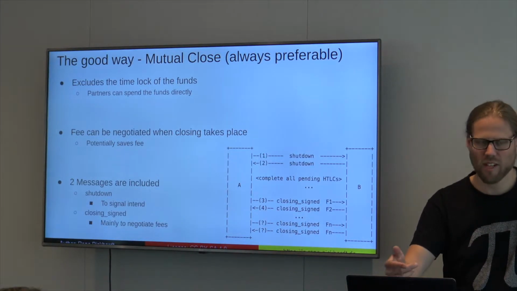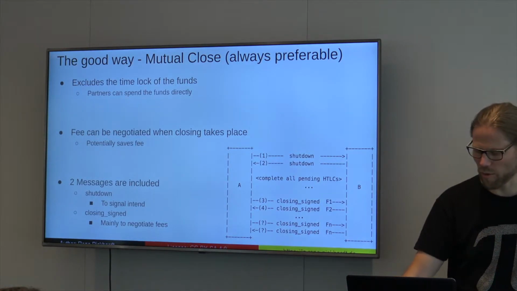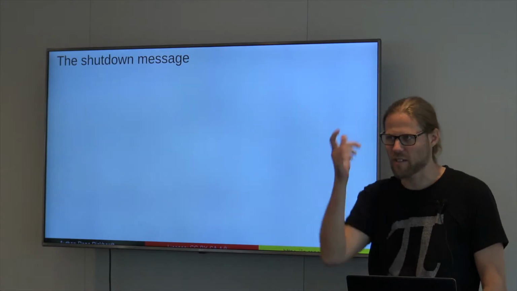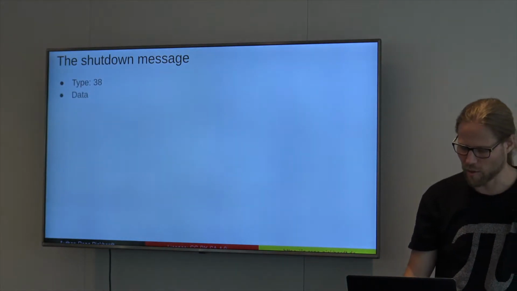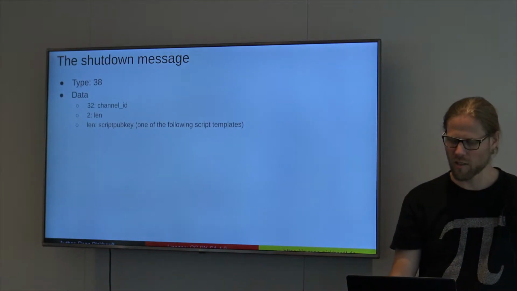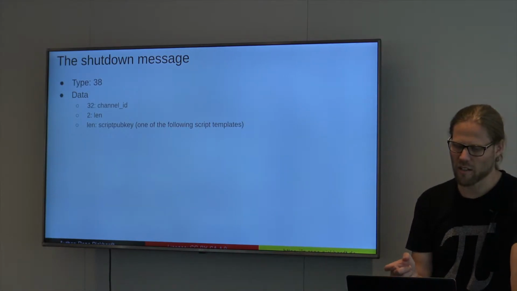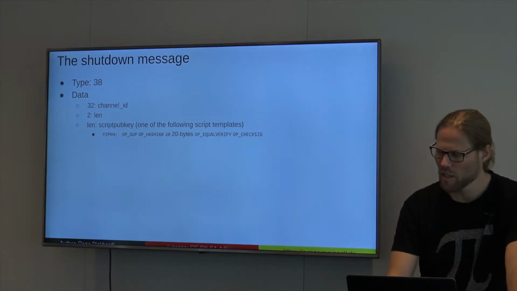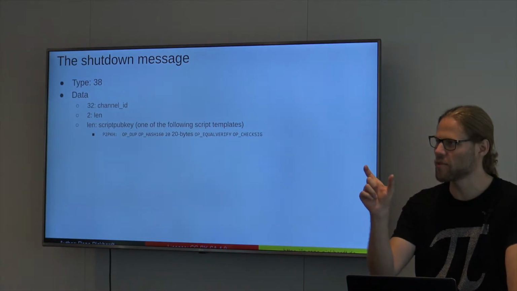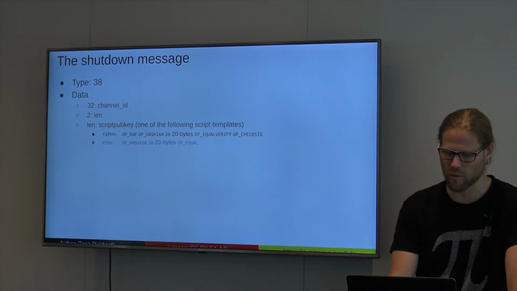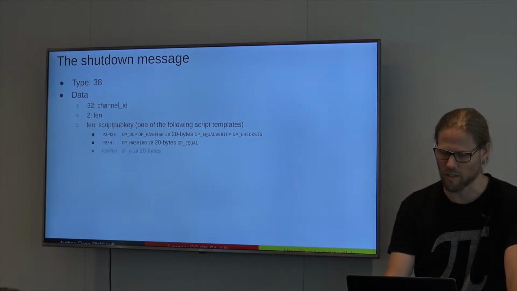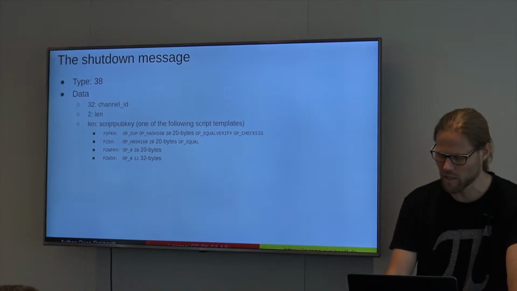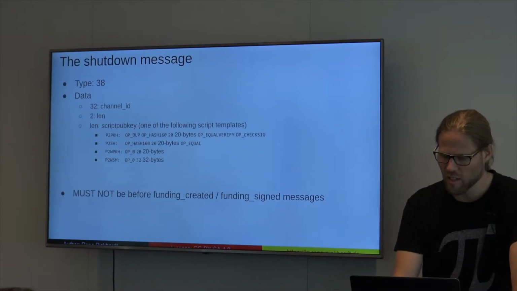Yeah. I think I even have it on the slides, how, as I mentioned before, with the converging. That's why I just looked at the next one. So let's look at the shutdown messages, but these messages are very easy. So you have the channel ID, you have the length, and the length is that of the script pub key that is being used. So you can have different types of scripts for the closing transaction. You can either have a pay to public key hash or pay to script hash or witness public key hash, and all these kinds of different script types are supported.